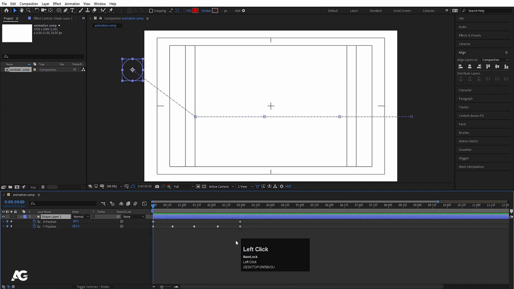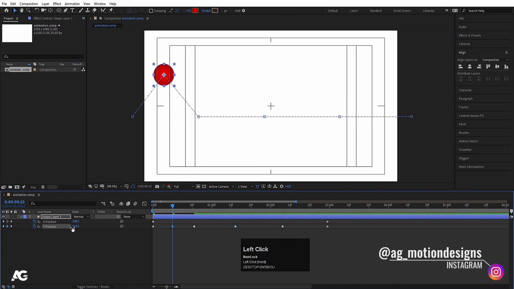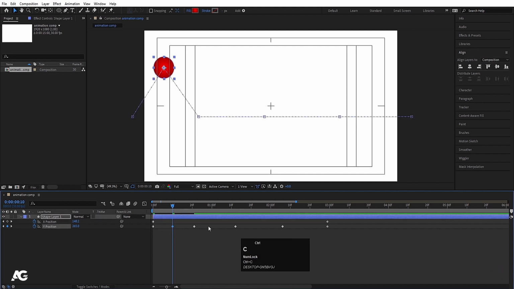Also initially I think we need to move this downward, so I'll select this, I'll hit Ctrl C, Ctrl V, just like that. I'll move this thing a little bit forward, and we will adjust those keyframes like that. Now in the middle of these two, I'll move this thing over here. Now I'll select those keyframes, I'll hit Ctrl C, I'll go over here, and I'll hit Ctrl V to copy